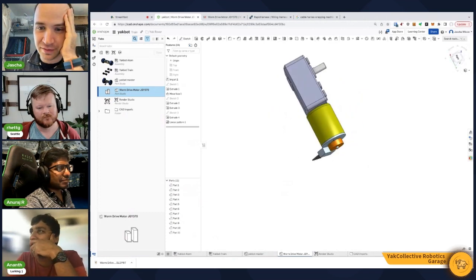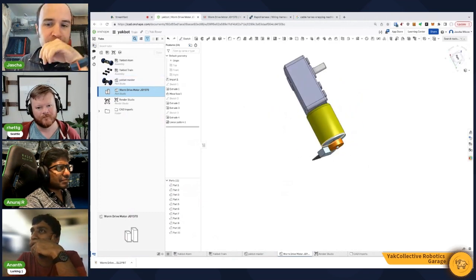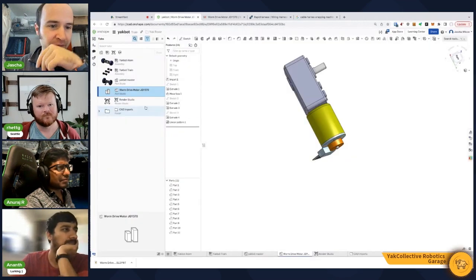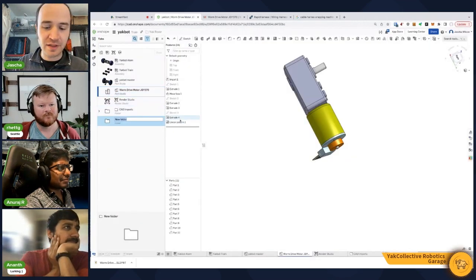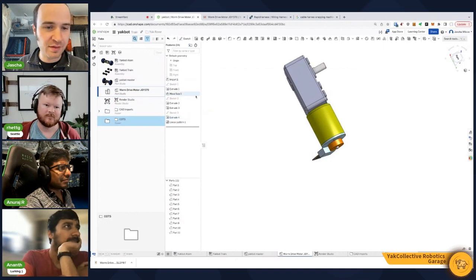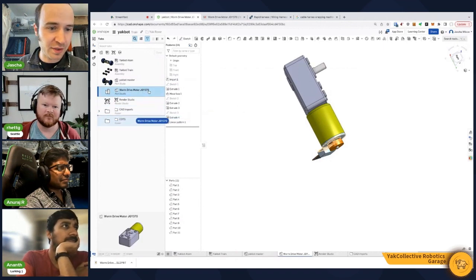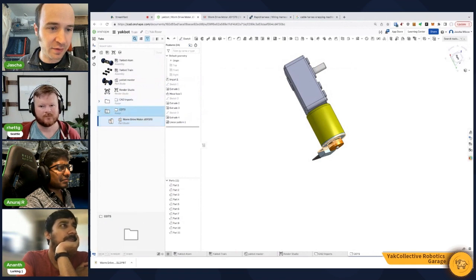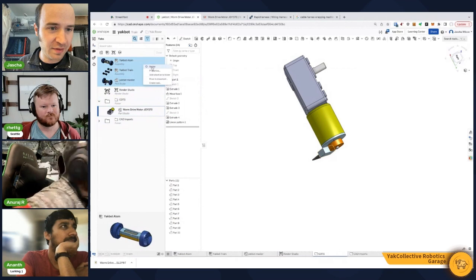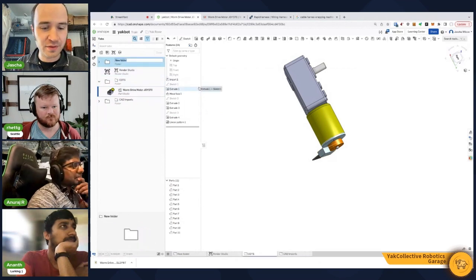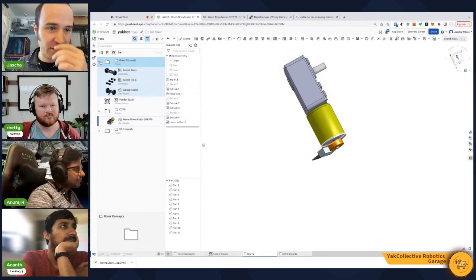So we got this motor now, which is good. Let me make a version. I like to organize this COTS, which is commercial off-the-shelf components. So we will have the COTS folder of models that are off-the-shelf referenced here. I would say that these are sort of concepts, so I'm going to add these to a folder called Rover Concepts. Then the actual top-level assembly,